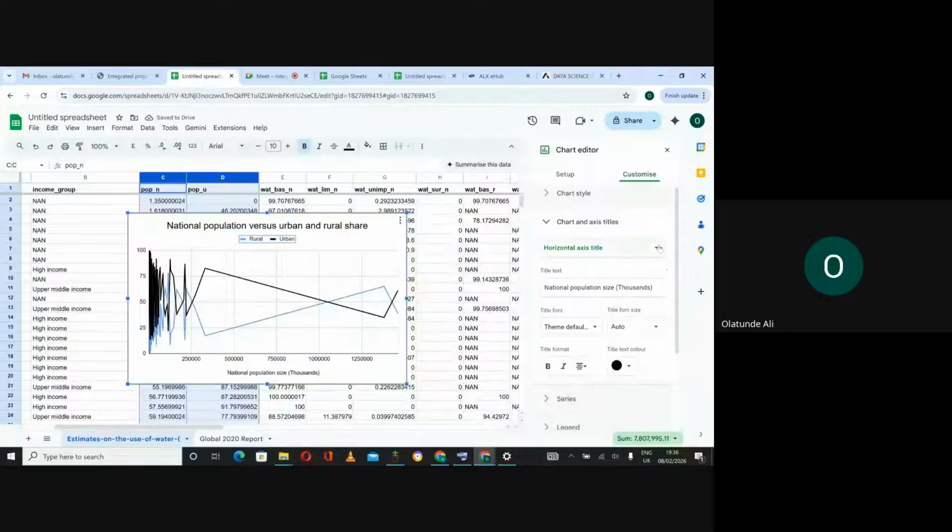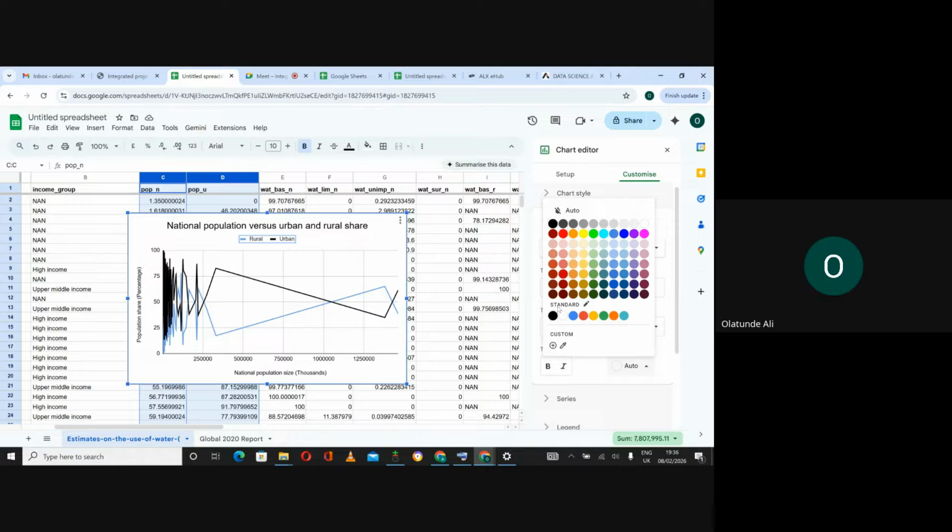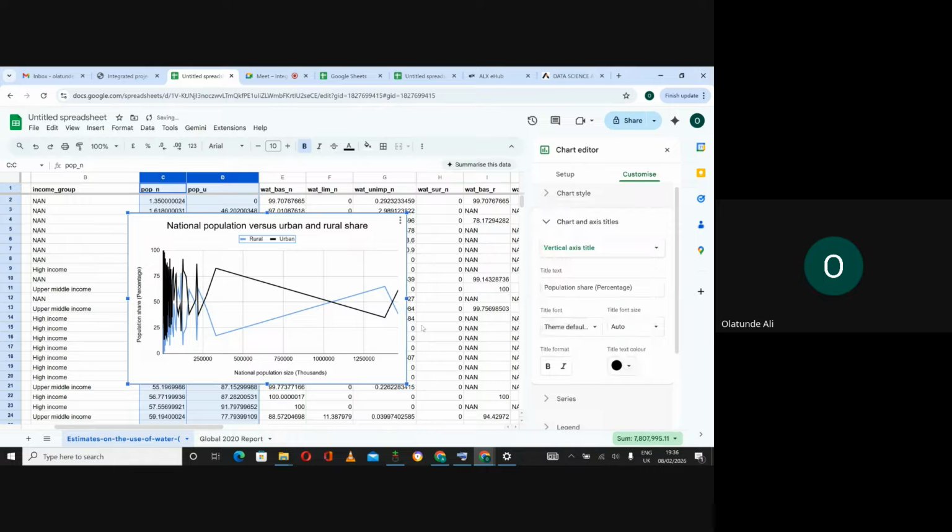Now let's do the y-axis, which is the vertical axis. So we have population share in percentage. So that's the SI units. So we always have to put our SI units. That's the way you properly label your chart so that a person really can make sense out of it. So this is also black. So I think we're good to go. We've been able to successfully create